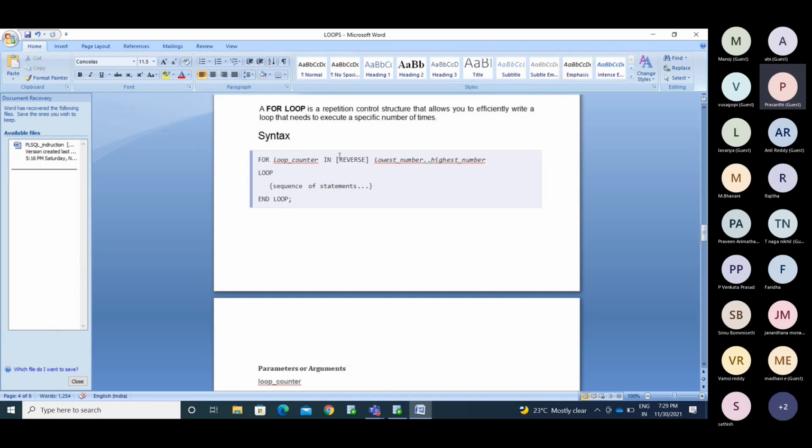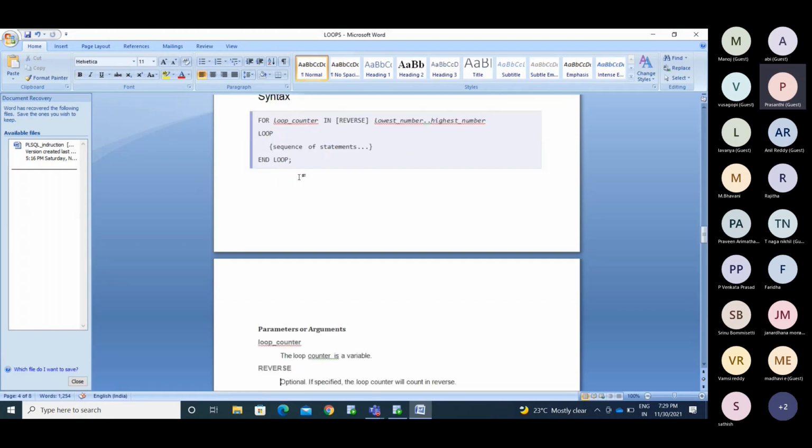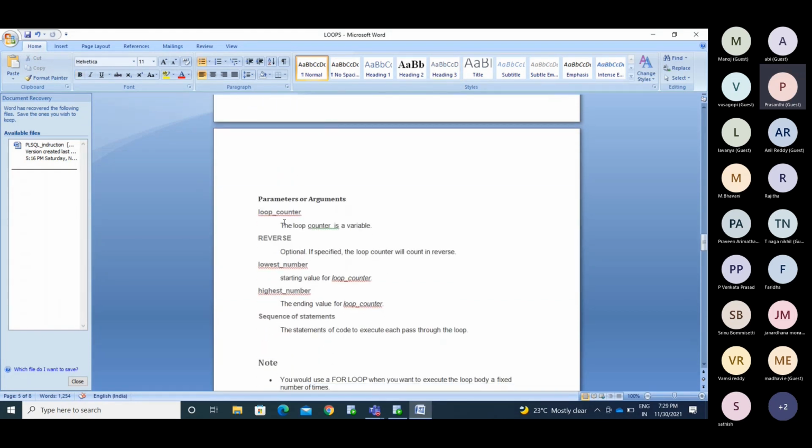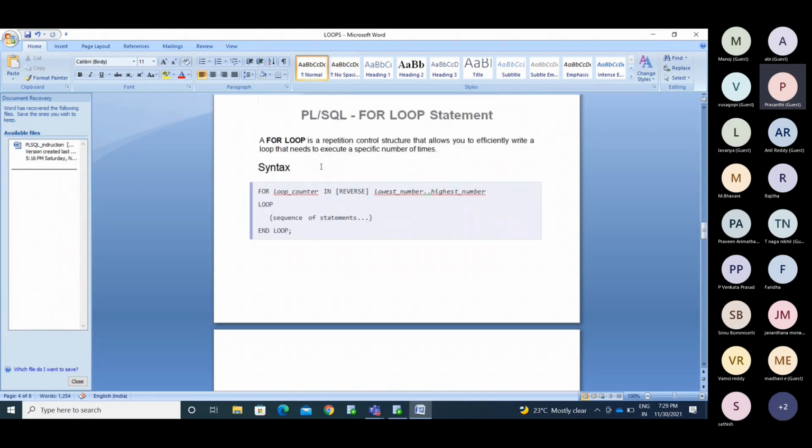We have the reverse for loop as well. We will see the reverse for loop later. First we will see the basic for loop. The loop counter is a variable. It tells which iteration the loop is in. The loop will start with the first iteration, second iteration, third iteration, right? So how many rounds are you in? How many trips are you doing?